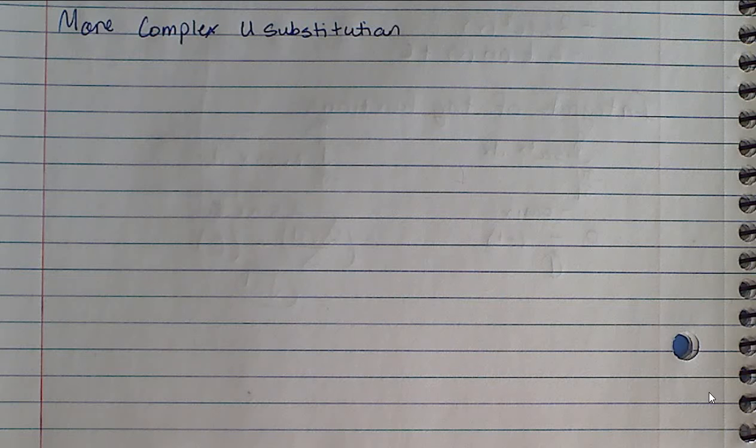So yesterday we talked about some pretty easy ones where it was pretty clear exactly how to set it up, because what was inside the parentheses would be the u, and then your du was directly outside. So it's like the problem was almost exactly done for you. So today we're going to look at situations that are a little more complicated, just a tiny bit more complex